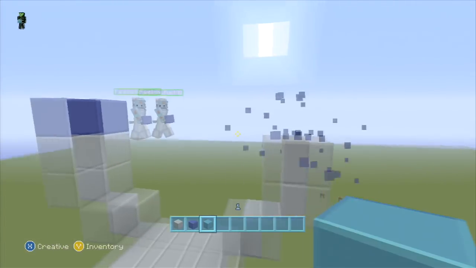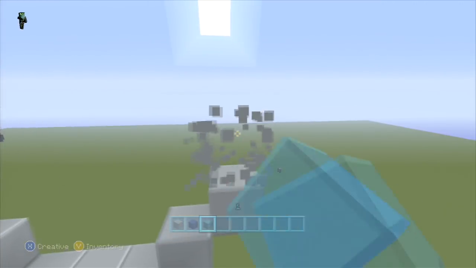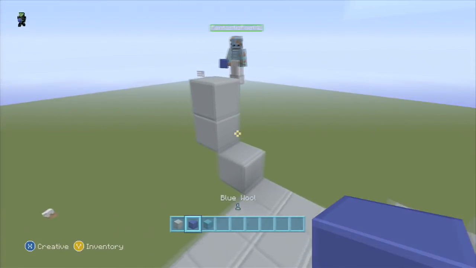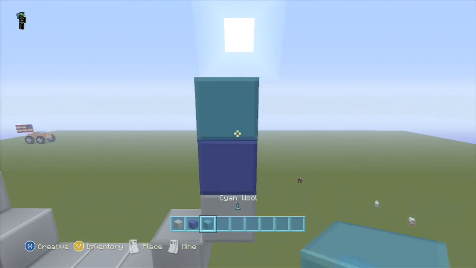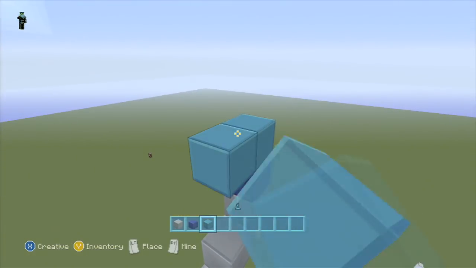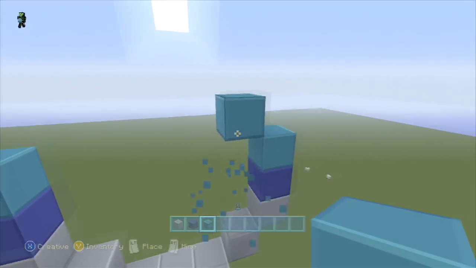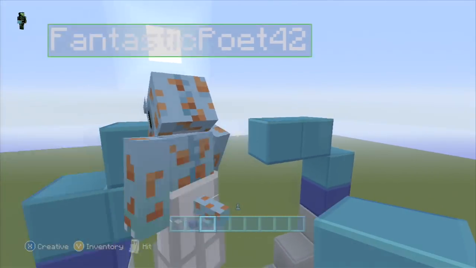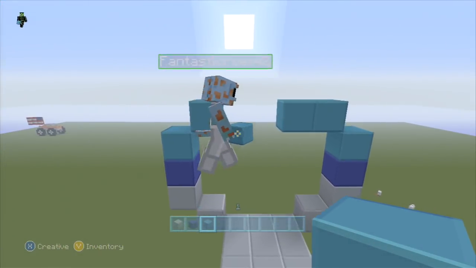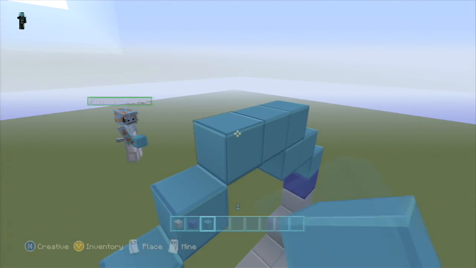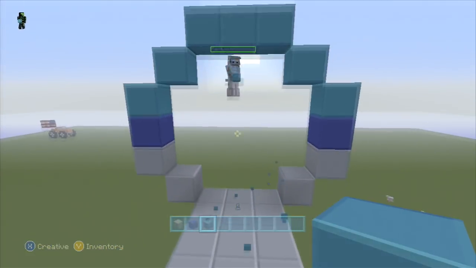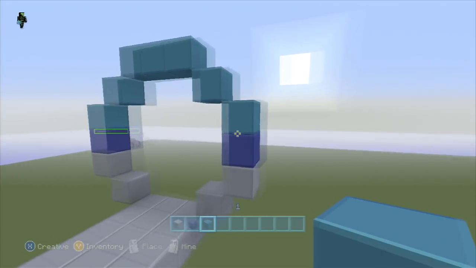Oh wait, that's not right either. Here, it's blue, then cyan, there you go. That's the shell of the plane right there.